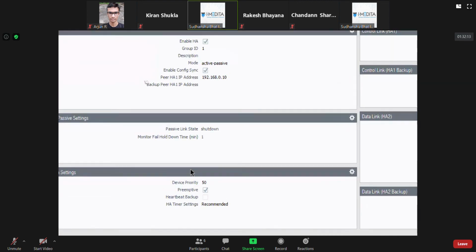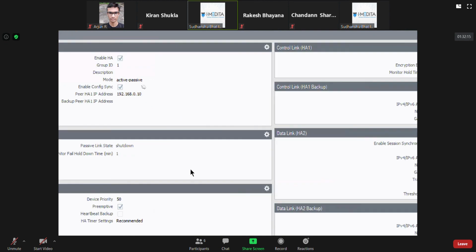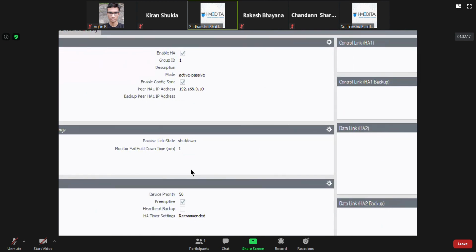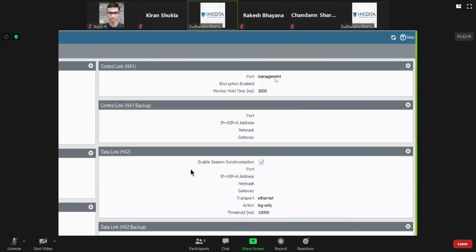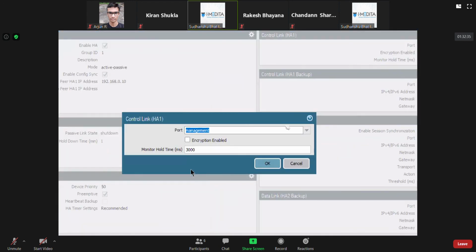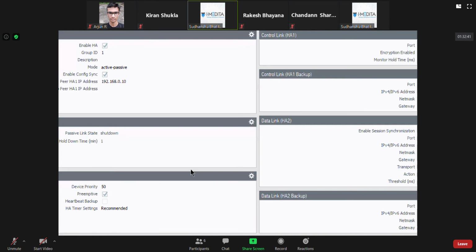Once we have this, if you slide right, you see on the same page there is control link HA1 information, and you have to select which interface is going to act as the HA1 link. By default, the management interface is there. You don't even need to do anything for this. You could have selected if there was some other interface involved.